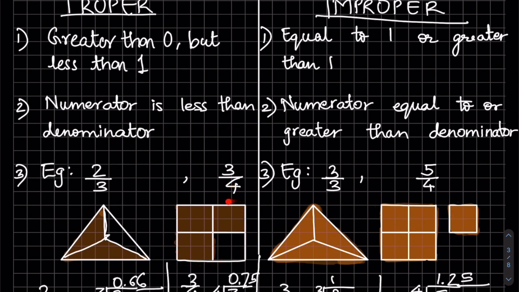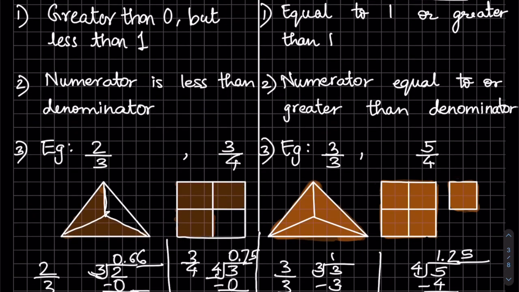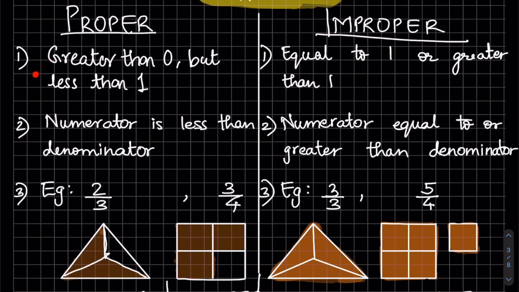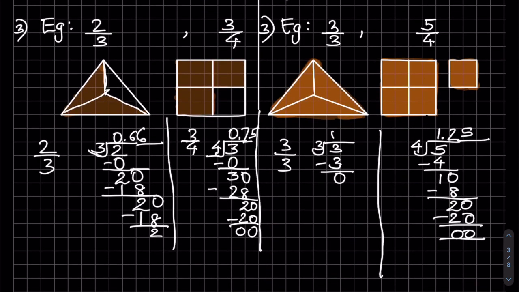Here you can see in the diagram that the whole rectangle is divided into 4 equal parts, out of which 3 are shaded. Now we see the concept of proper fractions being greater than 0 but less than 1. So here when I divide 3 by 4, 3 is the numerator, and it is getting divided by 4, or into 4 equal parts. In the 4 table we don't get 3, so zeros are 0. 3 minus 0 is 3. But as we have to continue the division, I put a decimal point and write 0 here.